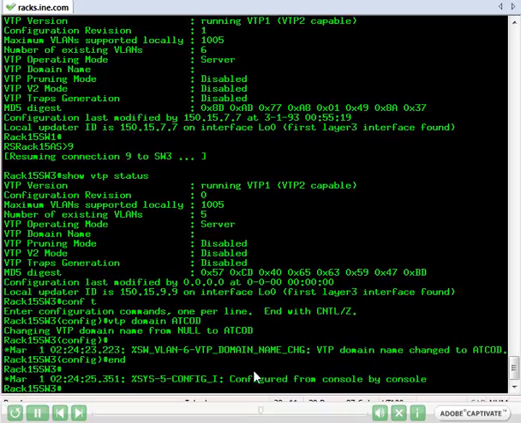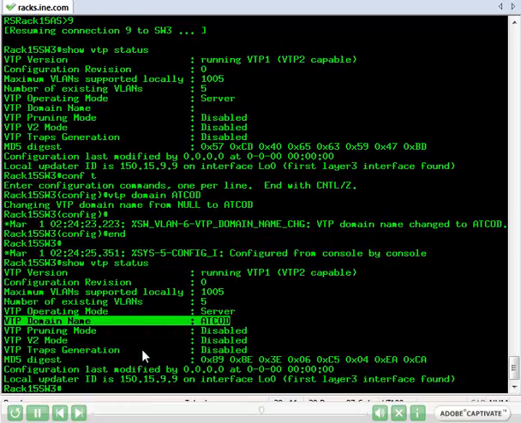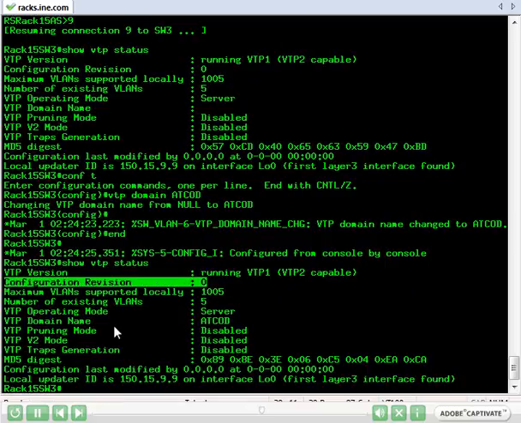It will give us a console message that we made that change. And now if we rerun the show VTP status, we see that we are in the ATCOD domain now. We have a configuration revision number of 0, and we've still only got our 5 default